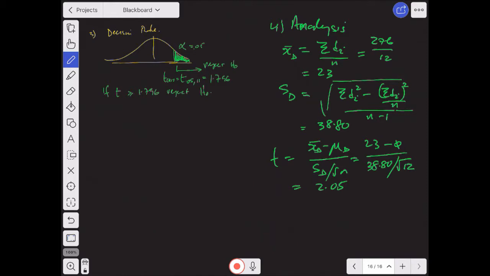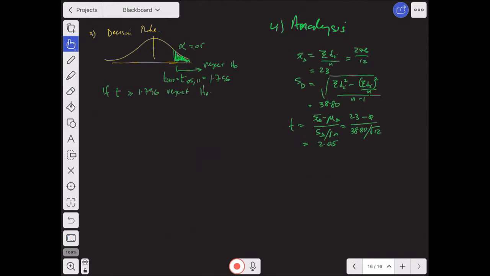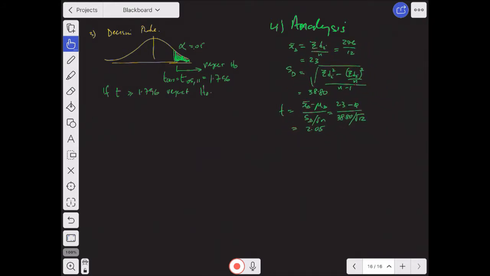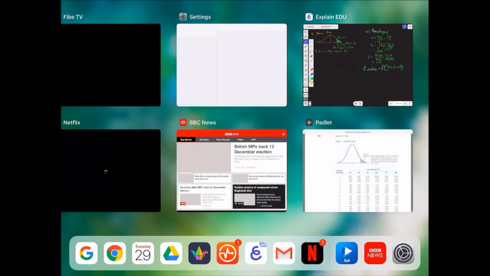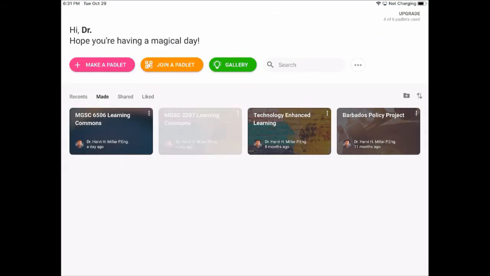So we can say, so let's find our p-value first though. So what is the p-value? P-value is the probability, since it's a one-tailed test, we don't have to multiply by 2, of the t-value being greater than 2.05. If we look up the table and we look at the 11 degrees of freedom, so let me see if I could pull up the table for you again. If we look up the 11 degrees of freedom,